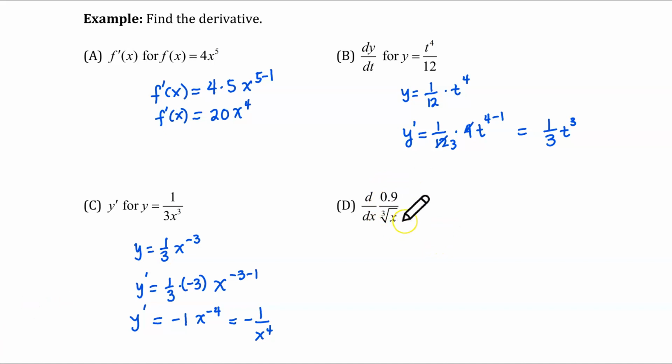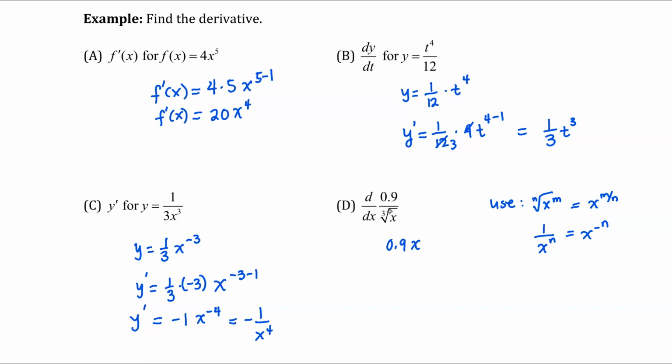Now to differentiate this, we will have to rewrite this first so we can use the power rule. Again, we will use the formula for the nth root of x to the m, and this is equal to x to the m over n. And since this one is also in the denominator, you have to bring this up. That means you could also use this property here, 1 over x to the n is equal to x to the negative n. So applying these two properties, we can rewrite this as